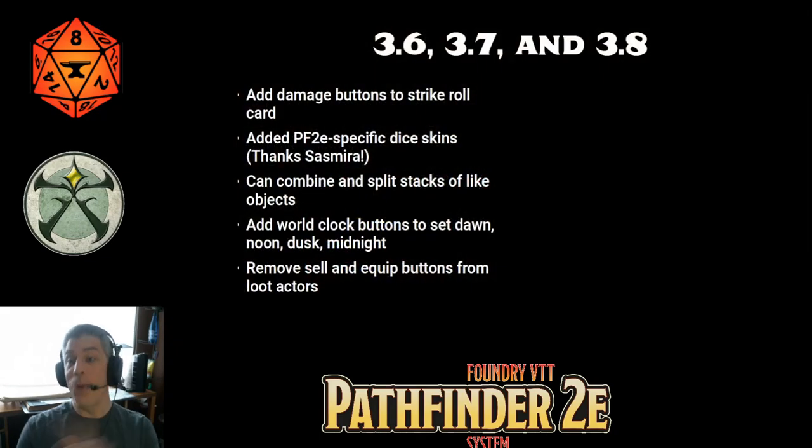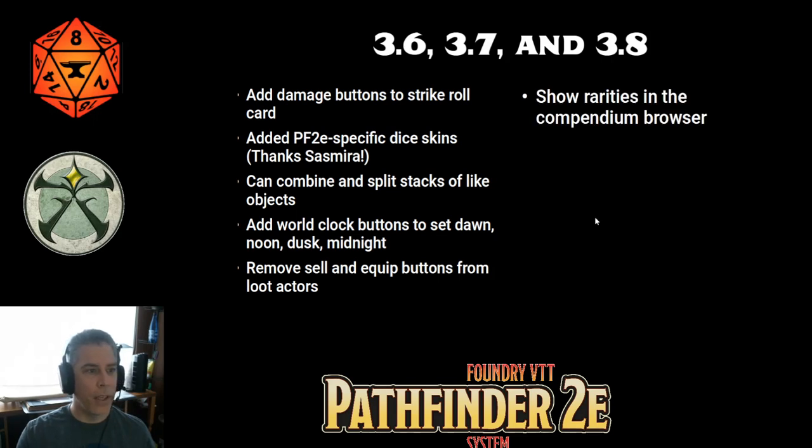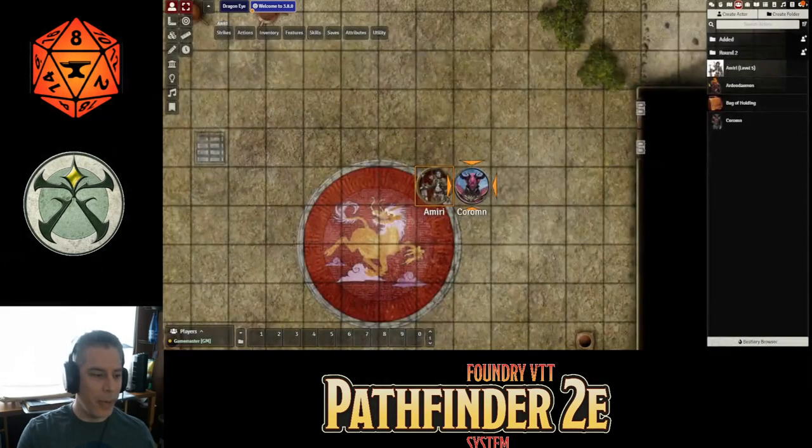So here I will go back. Aha, see, I remembered. Show rarities in the Compendium Browser. This actually came out of both spellcasters accidentally picking spells that were uncommon and not actually realizing it because they just did the filtering but didn't filter down by rarity. So now when we open up our Compendium Browser,